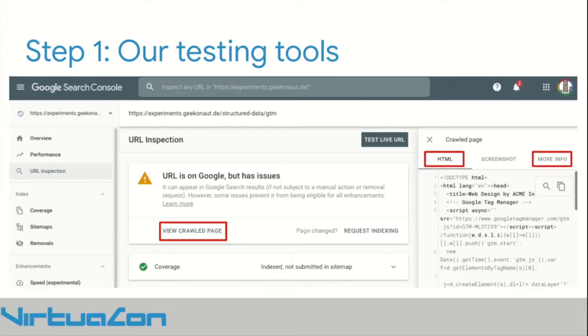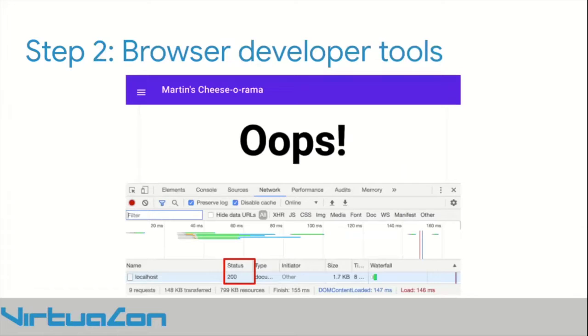But sometimes that doesn't help. Sometimes you just get an error that says it cannot be indexed because of robots.txt or something, and then you're like, why is there robots.txt? I don't understand, or what's happening, or why is this page in the index? This is an error page. Why is this a soft 404? I don't understand. In which case, I highly recommend using your browser, because browsers have these amazing developer tools,